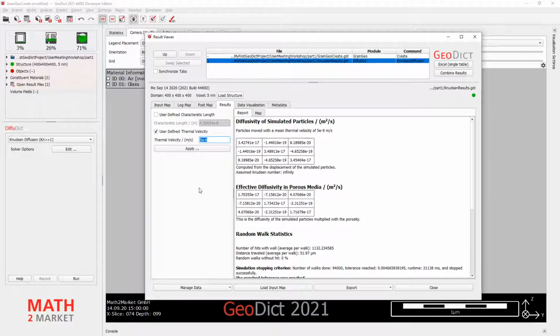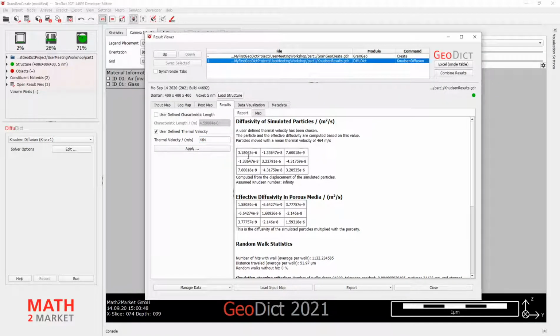So for air molecules, it gets that from literature. 464 meters per second is a value that we'll find in literature. So, and this is now a value that gives a better diffusivity of our particles at room temperature. This is what you would get now.